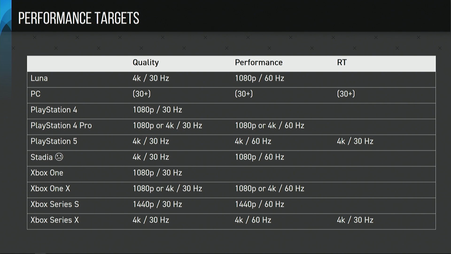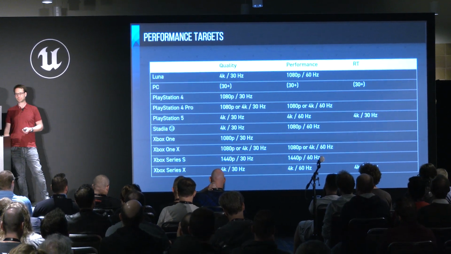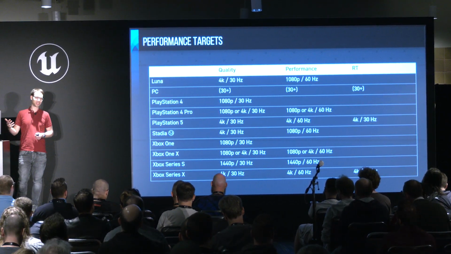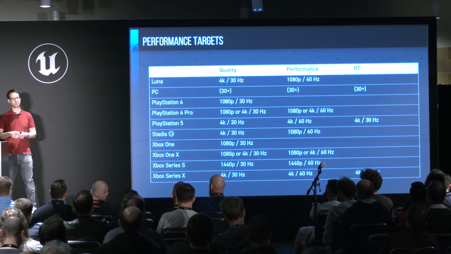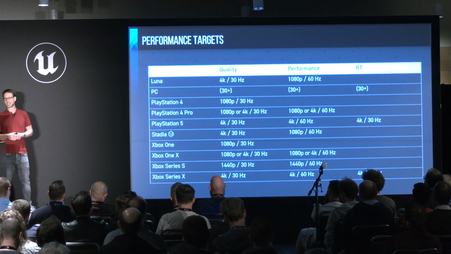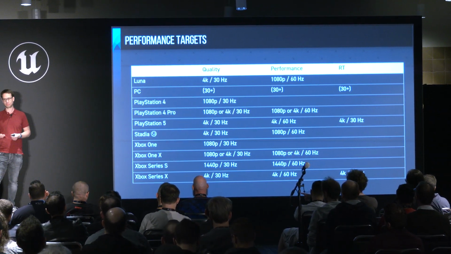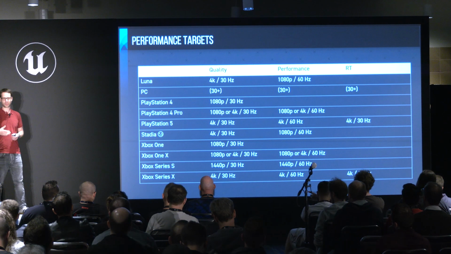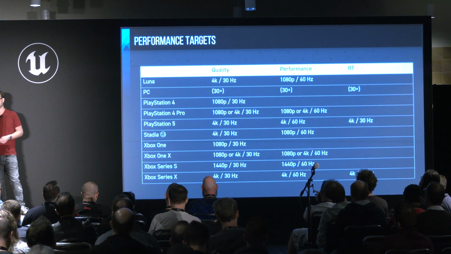You can see that PC is kind of special. To be honest, we didn't spend too much time optimizing for that. The goal was kind of to have it running at 30 FPS at the recommended specs. And then, of course, with whatever hardware configuration you have, you can take the resolution, the quality settings, as well as the frame rate wherever you want to go, basically. What you can also see is that we have our lower-end platforms, PS4 and Xbox One, which unfortunately didn't get the performance mode, so we only have 30 FPS support there.